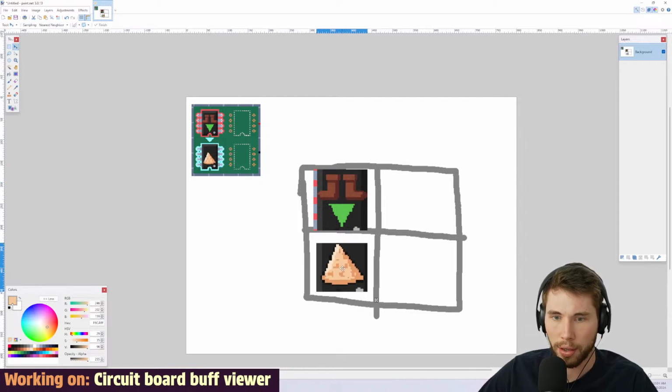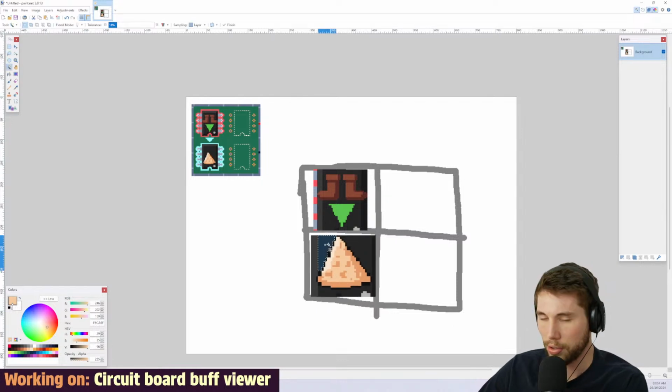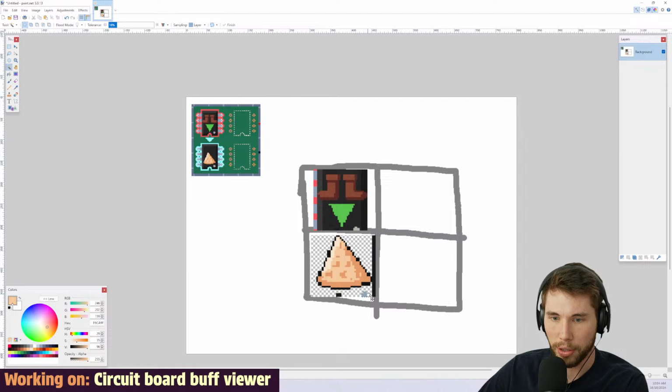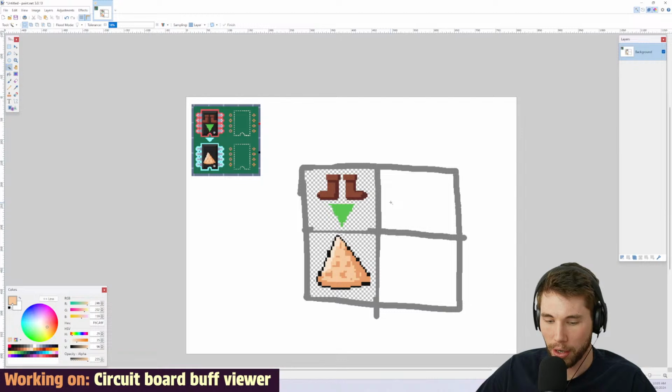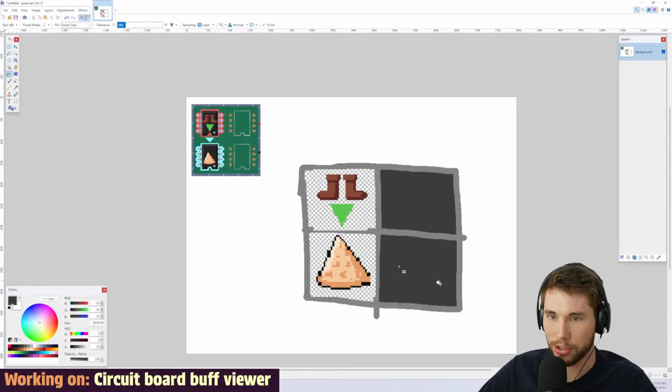Paste that in there. So what I'm thinking is, if I just get rid of all the bits that aren't the icon, like that. It's probably a much smarter, easier way of doing this. Probably shouldn't have used a screenshot and just used the actual assets. But say we've got like this in our grid. Anything that's not filled with a component, I'm assuming I'll just show as like a gray or something to show that there's nothing there. Or actually, maybe that's not true. But what I'm thinking is,